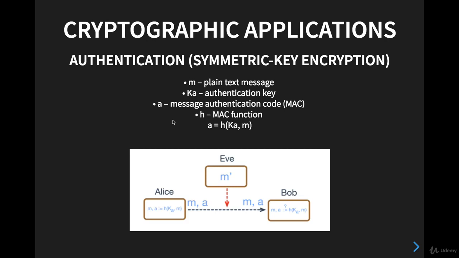Now that we have some theory, we have seen also some history. Let's check a little on the application of cryptography. Now, let's start with the authentication, also known as the symmetric key encryption. Well, let's go for the typical example of Alice and Bob that want to share their messages secretly without Eve